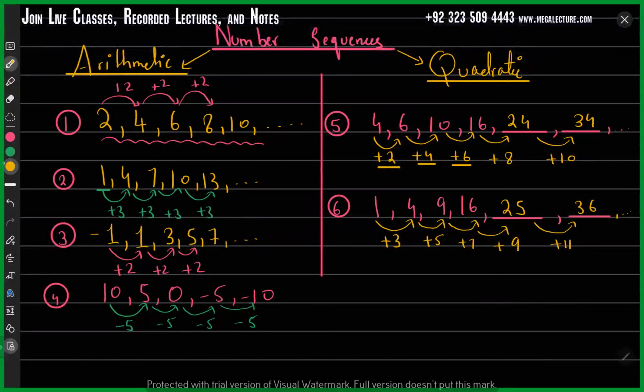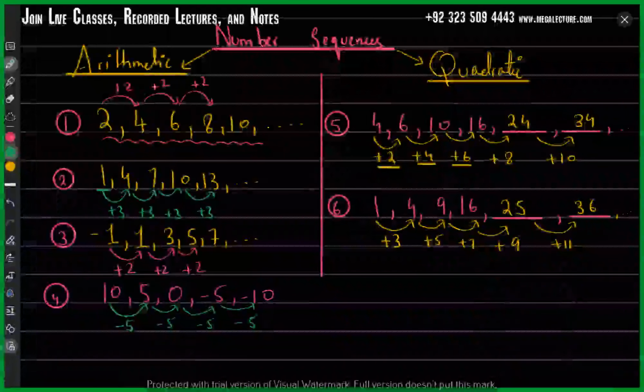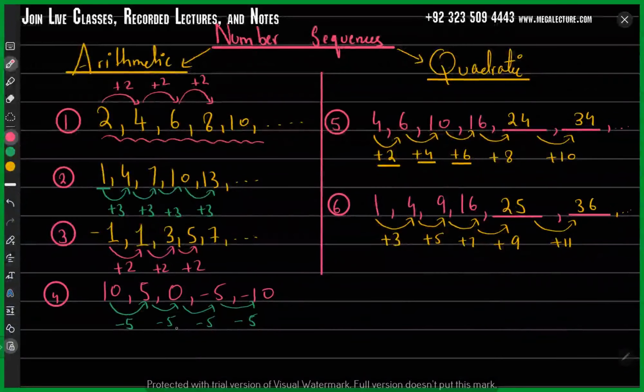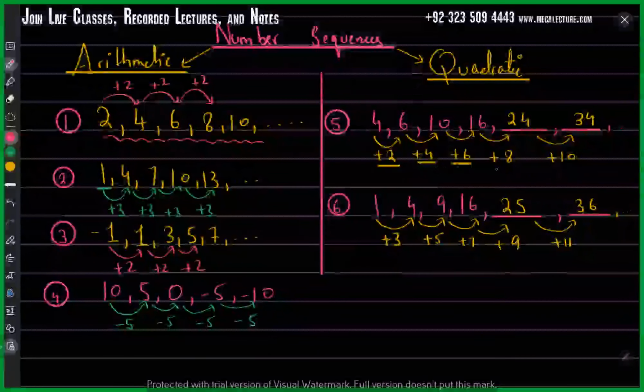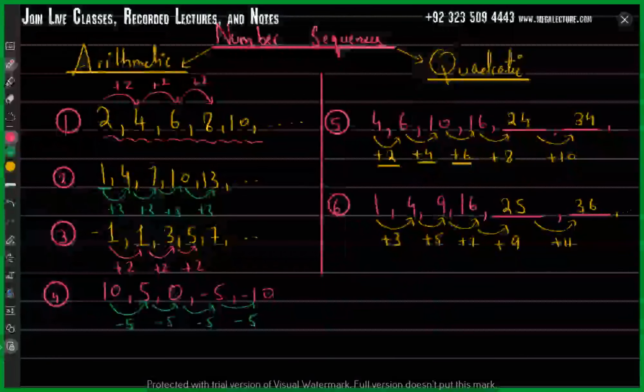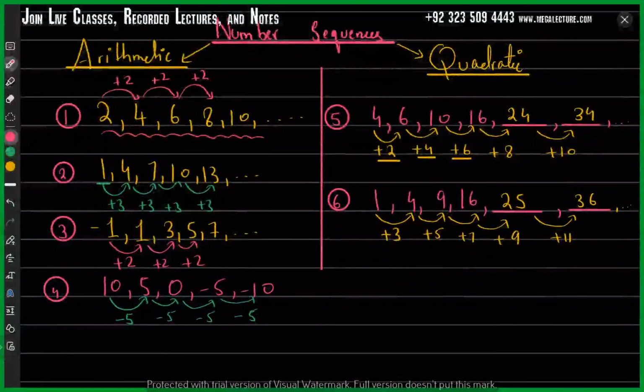We have arithmetic sequences and we have quadratic sequences, and so far we know in arithmetic sequences we were adding something same, or we were subtracting something same. However, in quadratic sequences, whatever we were adding had a pattern, but that number was not same. So these are the two types which we need to understand. All right, so let me formally write the definitions over here. In case of arithmetic sequence,